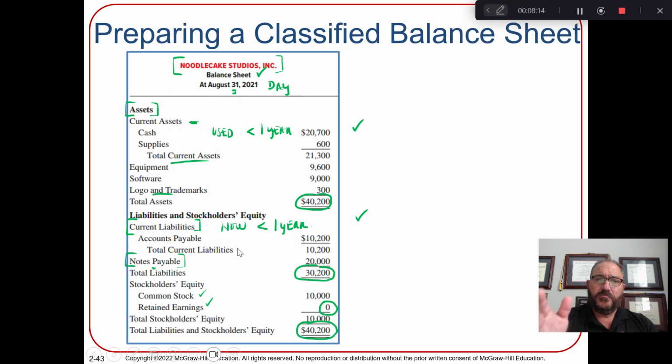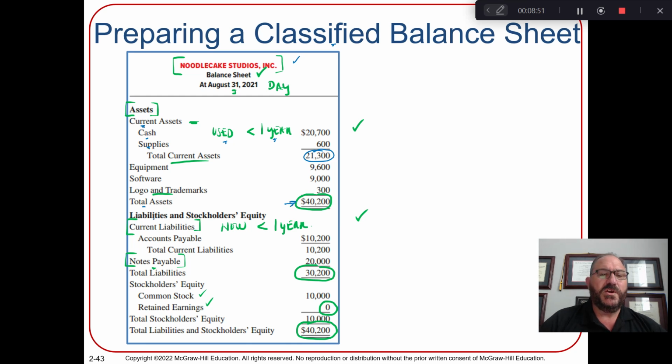So here, this is a classified balance sheet. Notice the name of the company at top, name of the item, in this case, balance sheet. It's at a specific day. It's a point in time, right? So the assets, what they're doing now, it's classified. What they do is they're using current assets, and then they're using total assets. So they're saying cash and supplies, these are current assets. And why? Because they're used in less than a year. All they're doing is making subtotals. So here's the first subtotal. Here's all the other assets. So they still equal